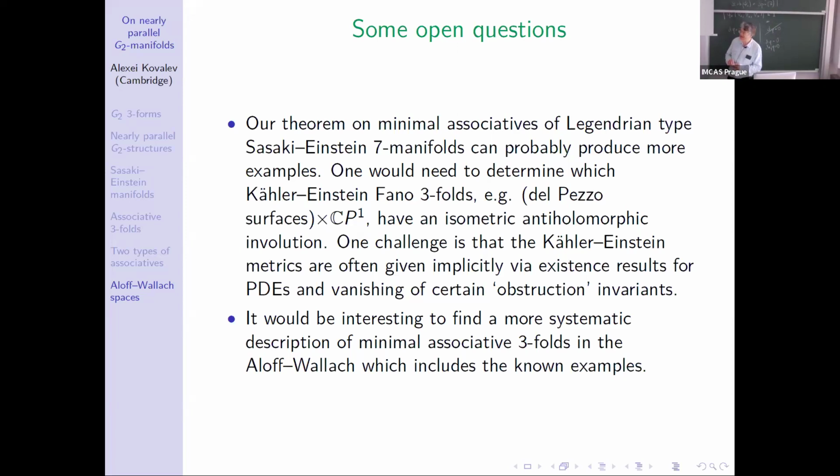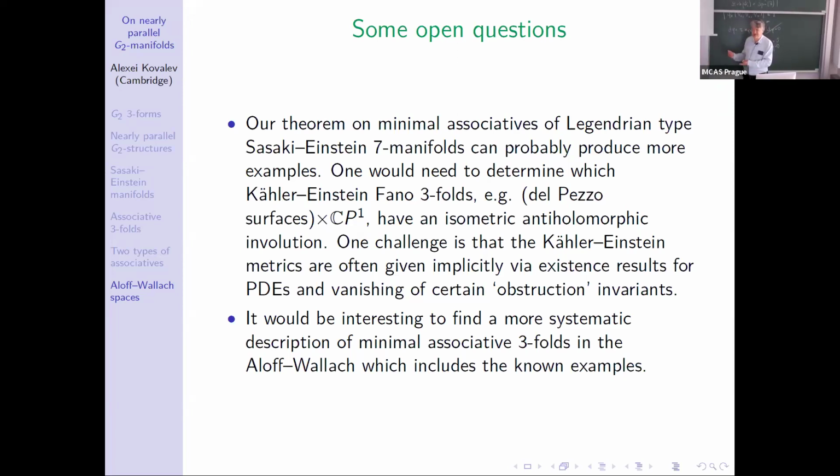So one probably needs a little bit more ideas to figure out whether one can find the anti-holomorphic involution, or some, well, other sufficient conditions that we have. Or, well, maybe there are further methods to get minimal associatives. Similarly, in Aloff-Wallach spaces,